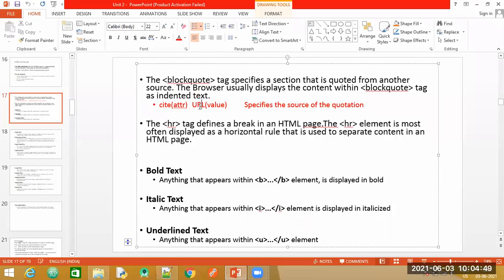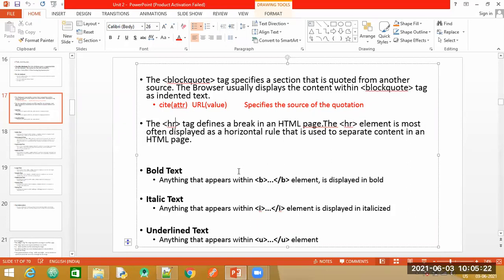Now the text that we write in this blockquote tag will usually be indented from the left side. This is a blockquote tag. So with the examples, it will be more clear. Have a look at the next one also, which is the HR tag, which is the horizontal rule. It will give you a thin line between the different paragraphs, or if you have images or text, wherever you want a division and you want a line to be displayed, you can make use of the HR, that is horizontal rule tag.